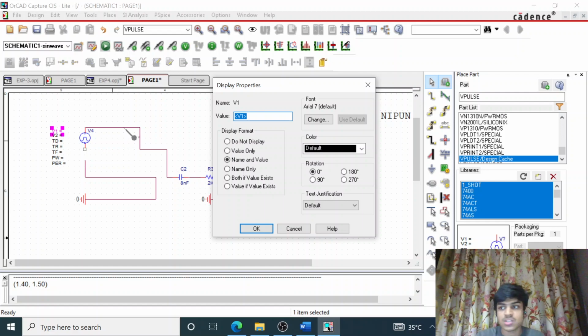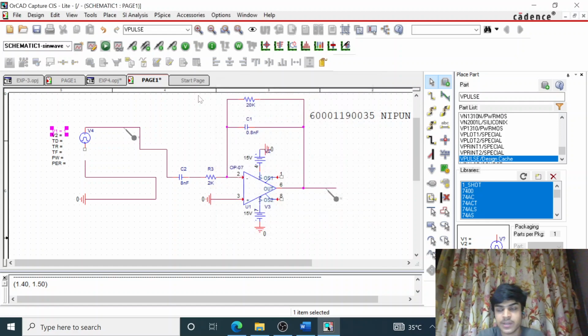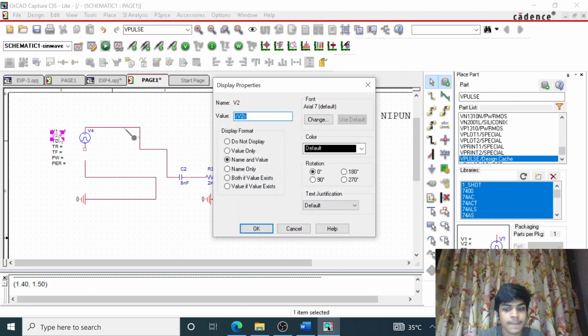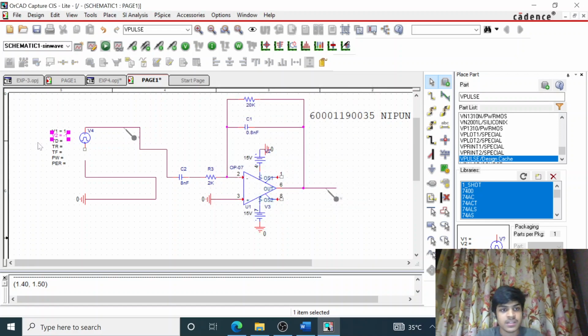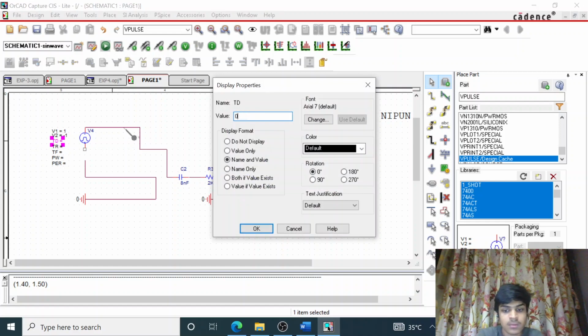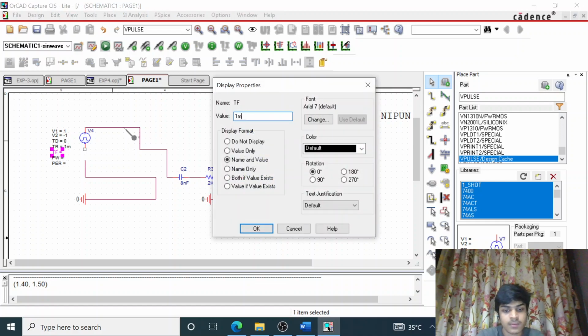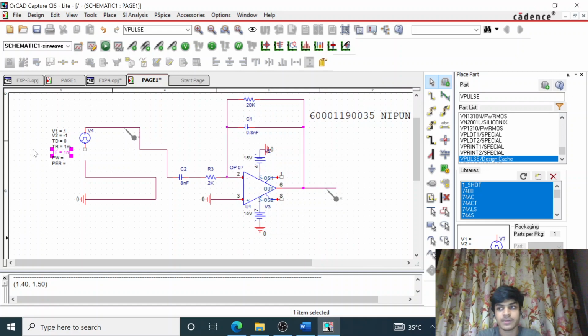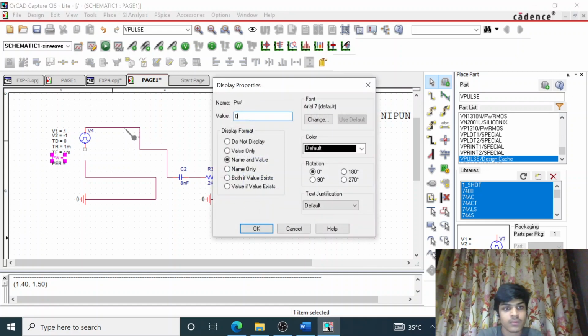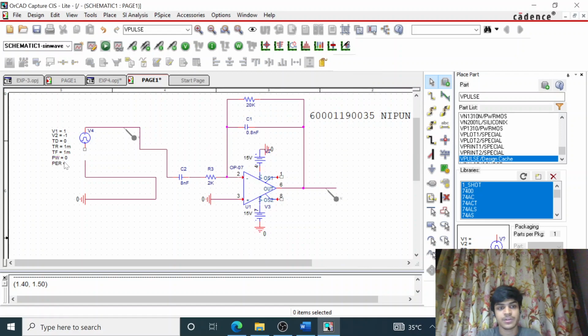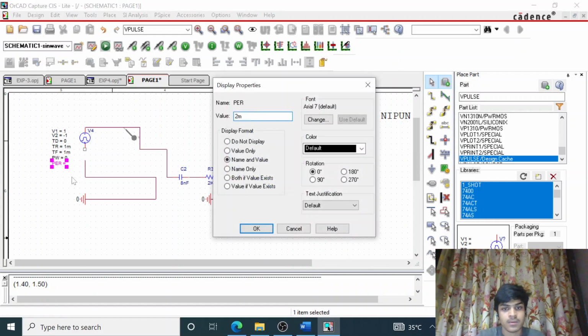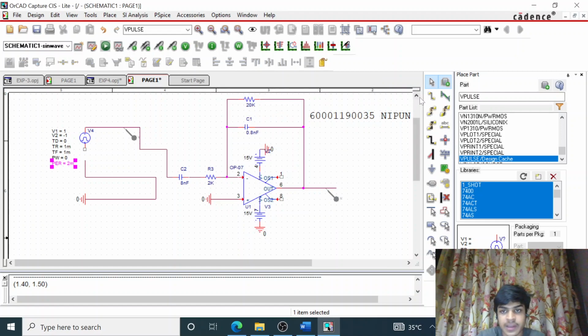V1 is going to be 1, V2 is going to be -1, time delay is 0, TR is going to be 1m, then TF is going to be 1m, then PW is going to be 0, then the period is going to be 2m. Okay, now I'll connect it again.